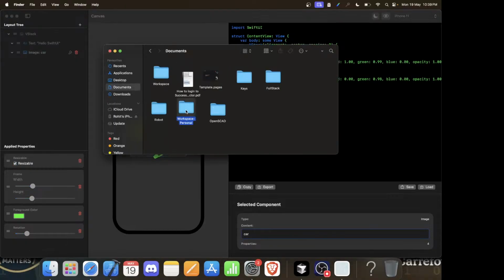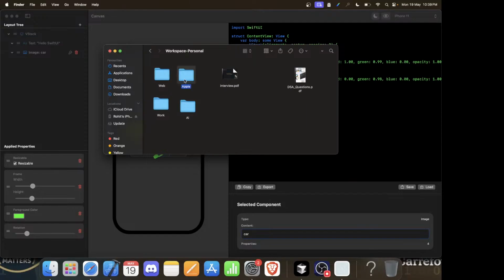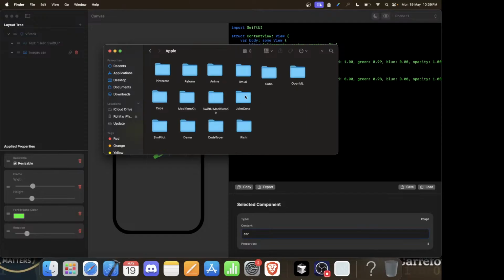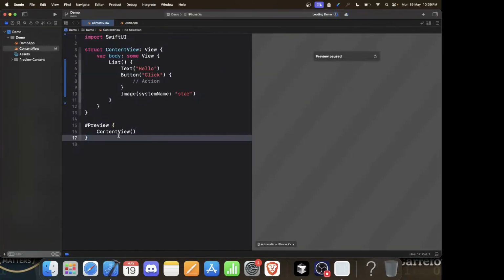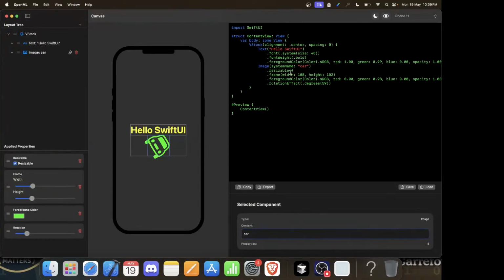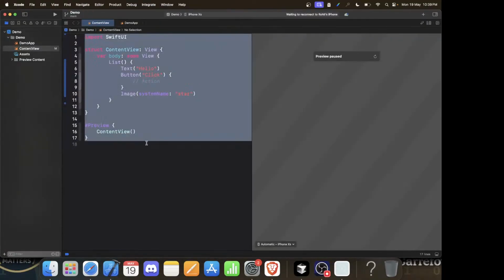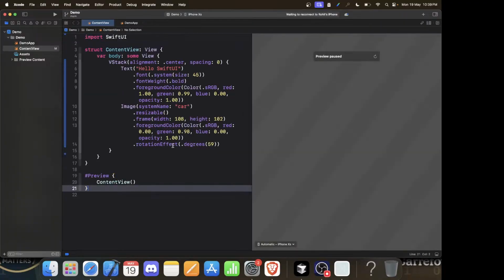So let me open a demo application. So I have a demo application. Where is it? Yeah, here it is. So let me just open this one, and from here I can just copy whatever the code is here. I don't know if it is even very good for a non-developer. And let me just put it that way. Let me just resume this one,